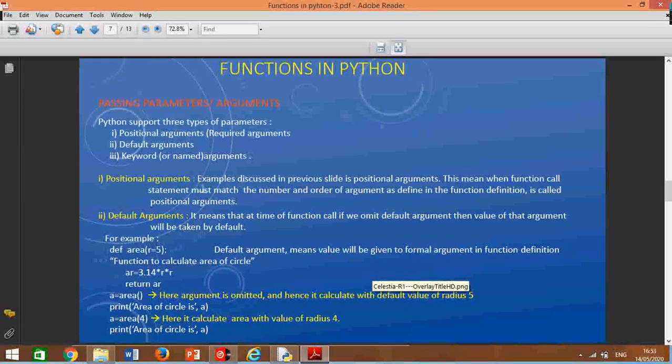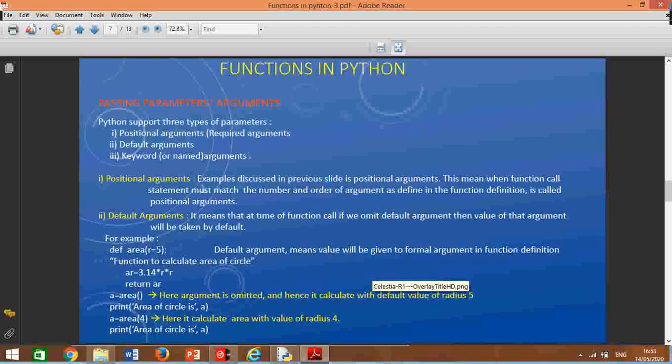What happens in the positional argument? When the function is called, the number of arguments and the order of arguments must match. Suppose the function has two arguments, you are supposed to pass two arguments at the time of calling the function.